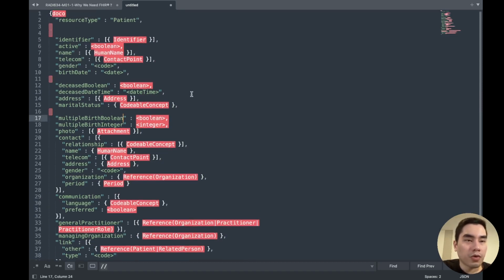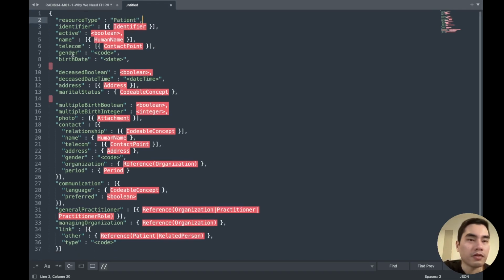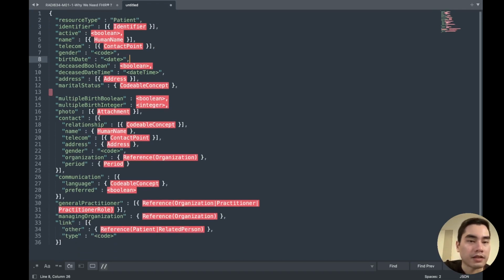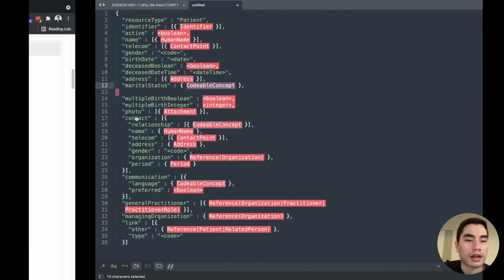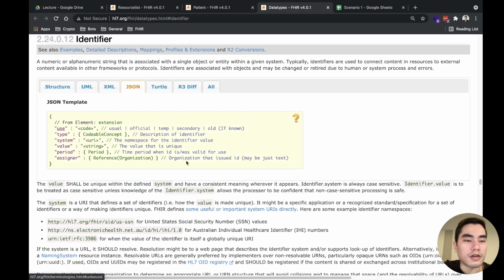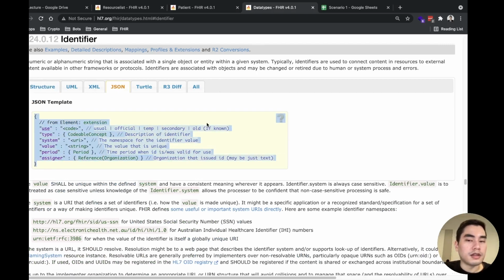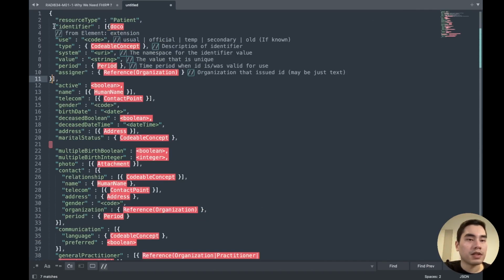But the problem with this approach is that it comes only with the top level. For an element that is a complex element, like this one, identifier, you have to follow the link here, copy another JSON here, and then replace it here, something like that.